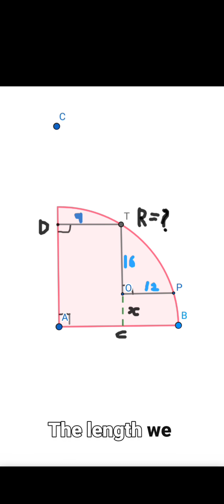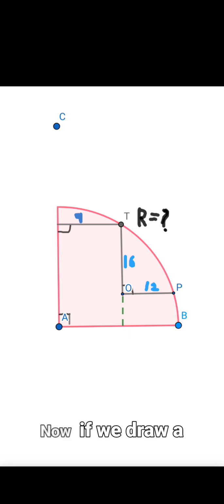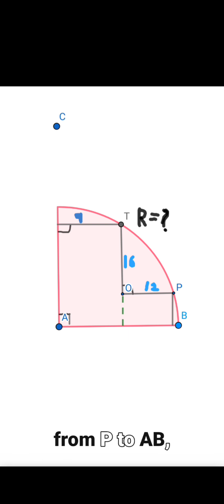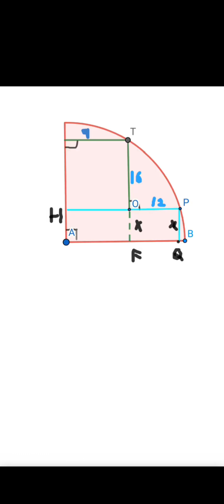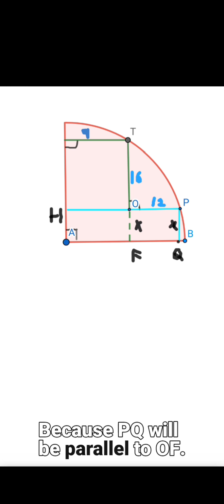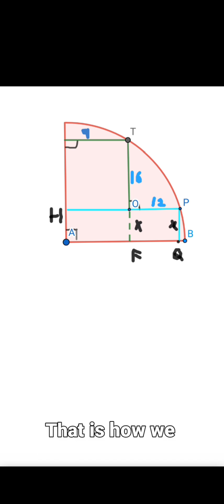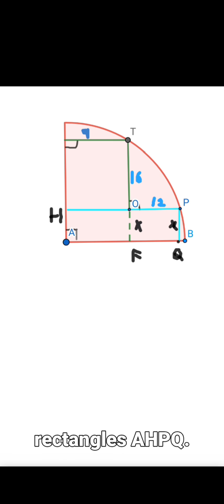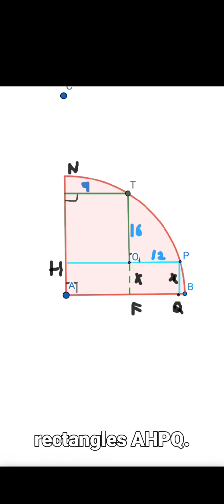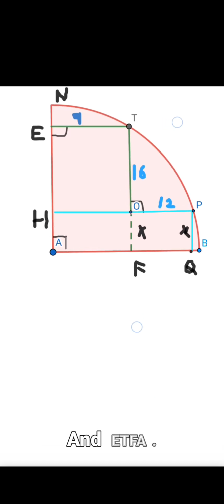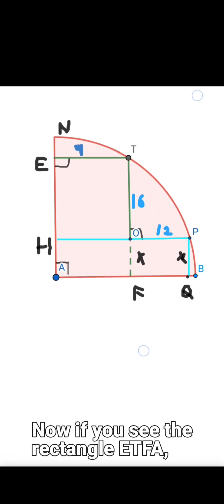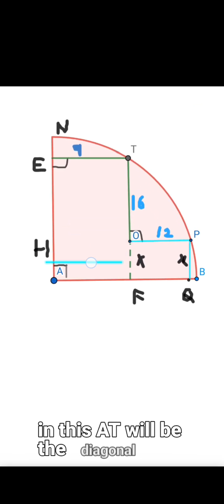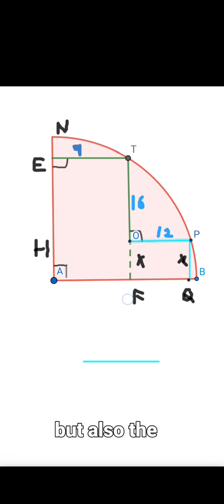ACTD. The length we produced, that is OC, we will consider it as X. Now if we drop a perpendicular from P to AB, it will also be equal to X. Why? Because PQ will be parallel to OF. That is how we got two rectangles, AHPQ and ETFA. Now if you see the rectangle ETFA, in this AT will be the diagonal but also the radius of